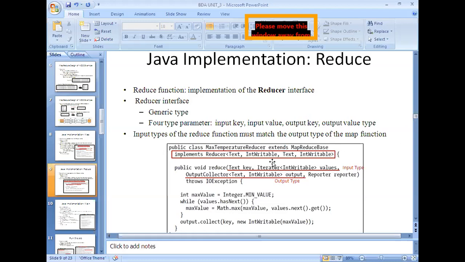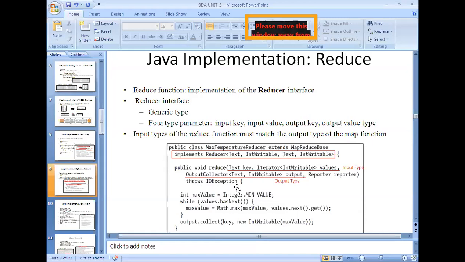You can observe that the first one is Text, which is the input key type, the second is the input value type, and then the output key type and output value type. Text and the writable type are the same for both. Here also the input and output formats need not be the same. Unfortunately, in this case, both of them are the same.